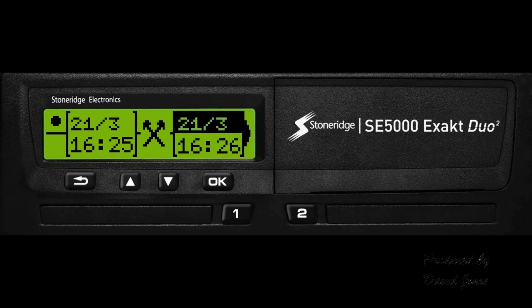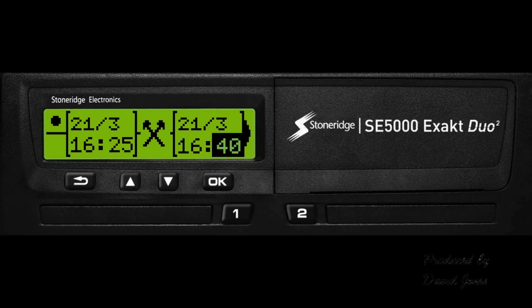By default, the date is highlighted, and as we wish to keep that date and simply add on 15 minutes, we press the OK button. This then defaults to and highlights the hour. We again wish to keep this hour, and so once again we press the OK button to highlight the minute section, which is currently showing as 26 minutes. In order to change the time now to read 16 hours 40 minutes, we need to press the up arrow. If you go past the time, simply use the down arrow to toggle backwards and press the OK button to